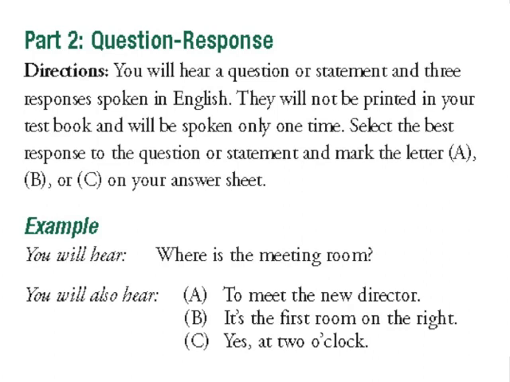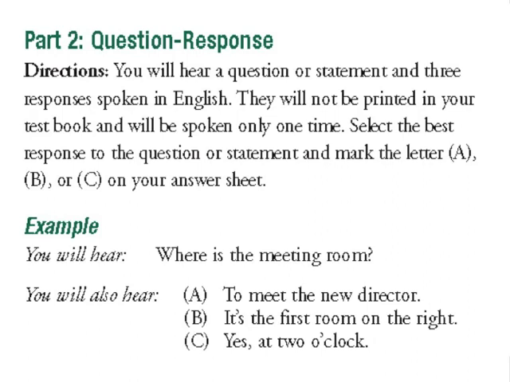So from the test itself, you will see these instructions. So let's look at them very quickly. Directions. You will hear a question or statement and 3 responses spoken in English. They will not be printed in your test book and will be spoken only one time. Select the best response to the question or statement and mark the letter A, B, or C on your answer